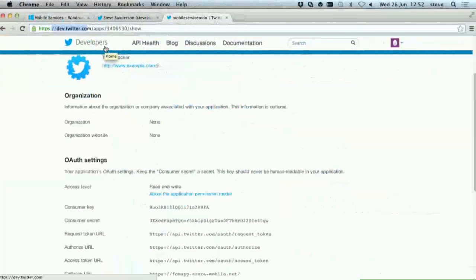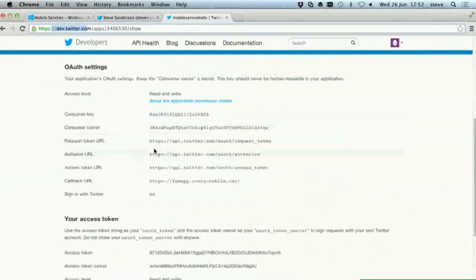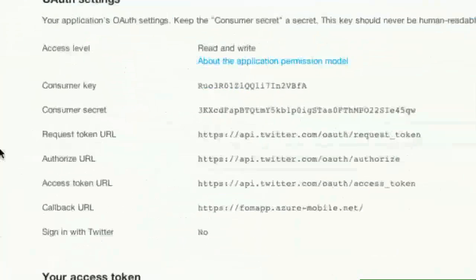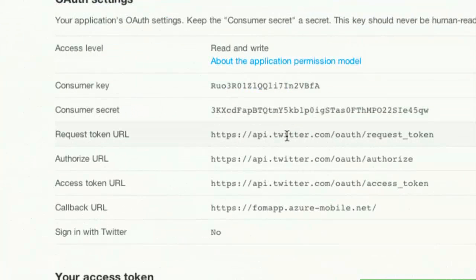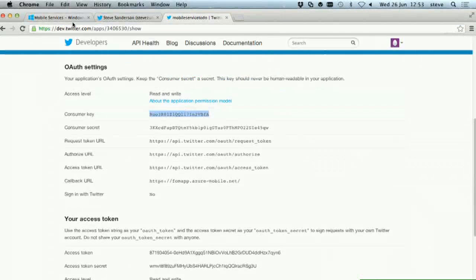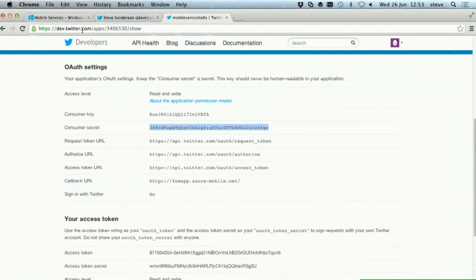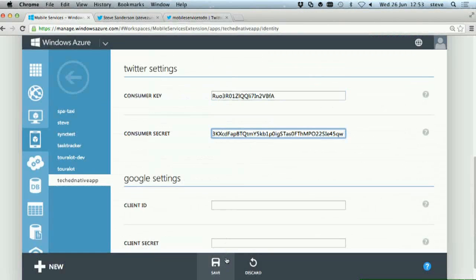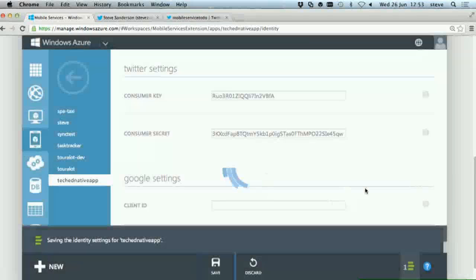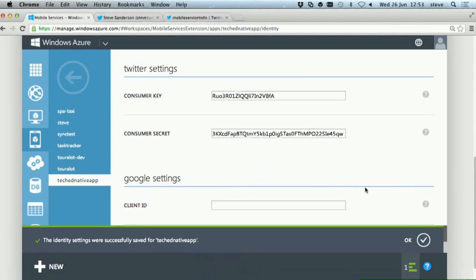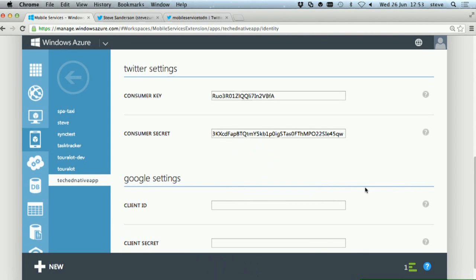And when you've done that, you can register your apps with them. And when you've registered your app, they will give you all of these keys and URLs and things like that. So all you have to do is copy and paste these values. So I'm going to copy my consumer key, and I'm going to paste that in here. And I'll copy my consumer secret, and I'll paste that in here as well. And I'll hit save. OK, so now the back end is able to authenticate itself with Twitter and thereby work with Twitter's login API. So that's good.